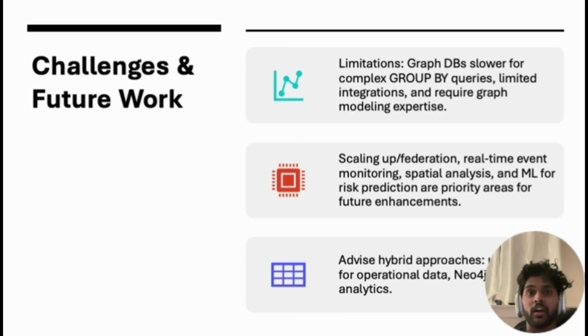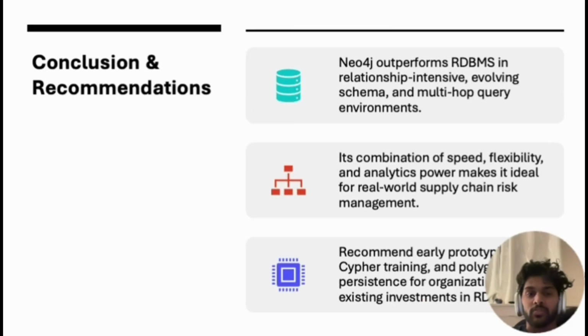I also recommend continuous investment in Cypher training and experimentation to help teams realize the full value of graph modeling. Now, on the conclusion and recommendations: I believe Neo4j outperforms RDBMS in relationship-intensive, evolving schema and multi-hop query environments. Neo4j is purpose-built for connected data, showing clear advantages in performance and modeling flexibility for supply chain, risk